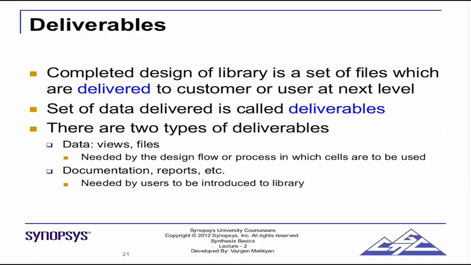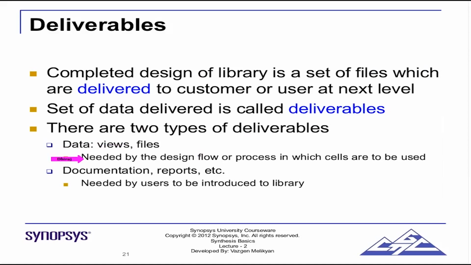Now, what is delivered? What do you get? The complete design of a library is a set of files which are delivered to the customer or user. The user will be us in this case, at the next level. This set of data is called deliverables. There are two types of deliverables: views, or files,